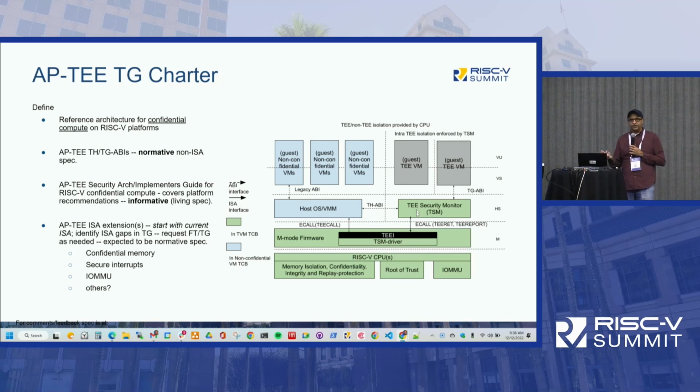The other couple of things are securing interrupts, right? We want to make sure that when TVMs are running, those contexts are protected against attacks from the host in terms of injecting spurious exceptions or spurious interrupts, things like that. So it speaks to how you ensure the runtime integrity of those workloads that are running as confidential workloads. And then the third one is extensions on the IOMMU and things like that. And that's really completing this functionality so that when we go down the path of assigning devices directly to VMs, we can also bring that same functionality to confidential VM workloads as well, right? So these have been our 3 work areas.